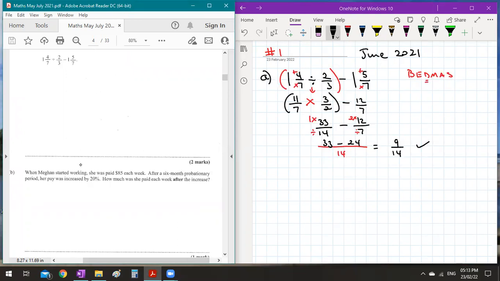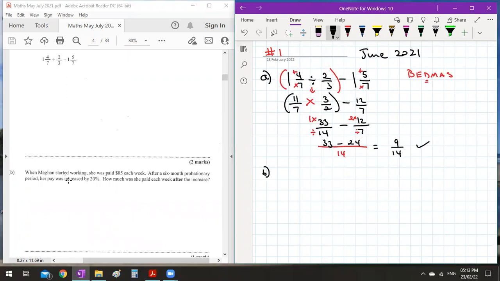So part B: when Megan started working, she was paid $85 each week. After a 6 month probationary period, the pay was increased by 20%. How much was she paid each week after the increase? Now, we could do this 2 ways. The regular pay would be 100%, right? And the increase is 20%. So in total, it will be 120%, or the same as